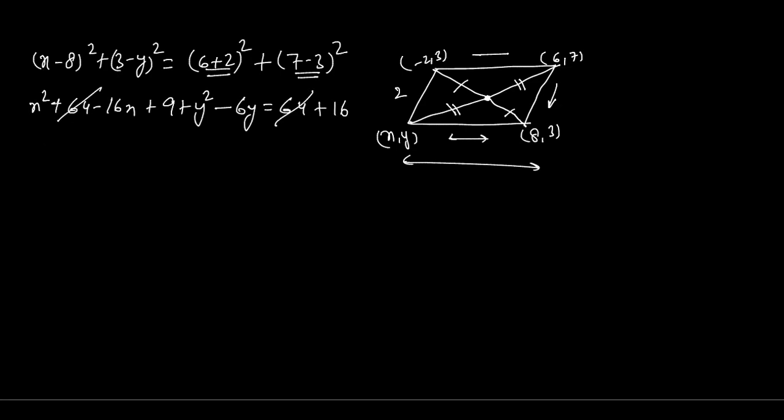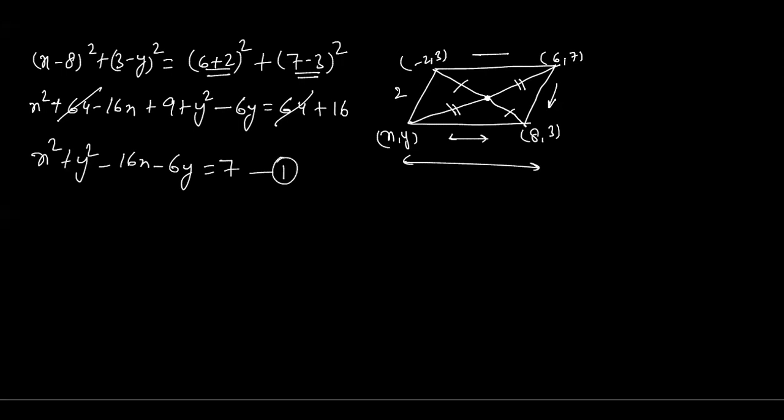So you have to write this equation in the simplest way, that is x square plus y square, minus 16x, and then minus 6y. When this 16 comes to this side, or you can take this 16 to that side, it will be equivalent to 16 minus 9. How much will you get? 16 minus 9, you will get 7. So you can write here 7. This is your first equation.